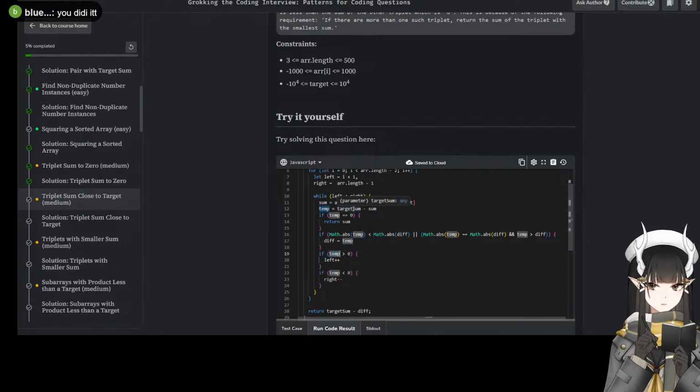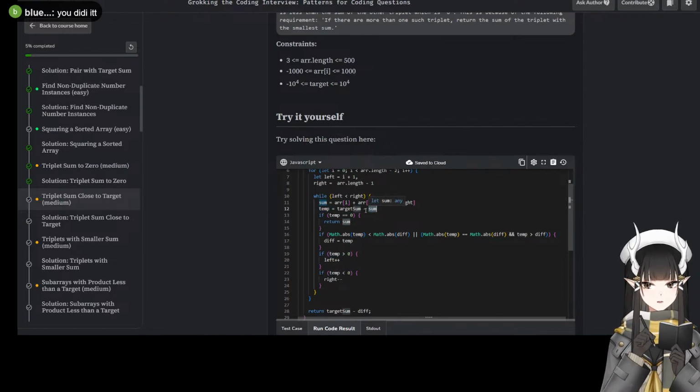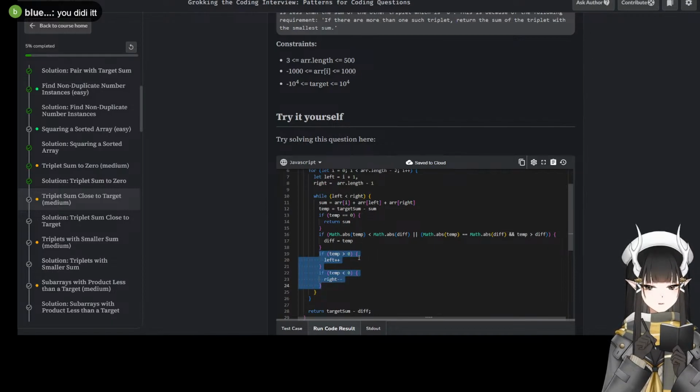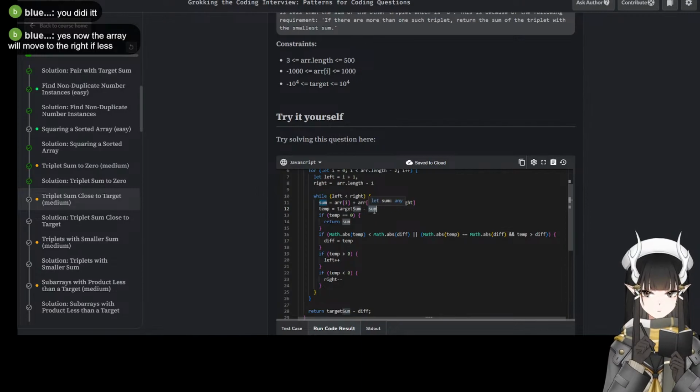So if the difference is greater than 0, actually, if I had the sum minus target sum, and then this less than, the previous one would be correct if I reverse this. But because right now, the target difference is greater than 0, which means the current sum is greater than the target sum, right?